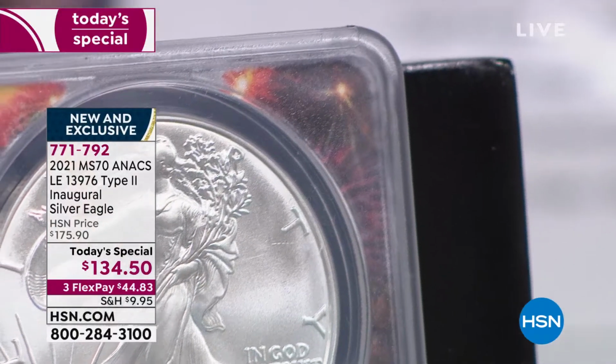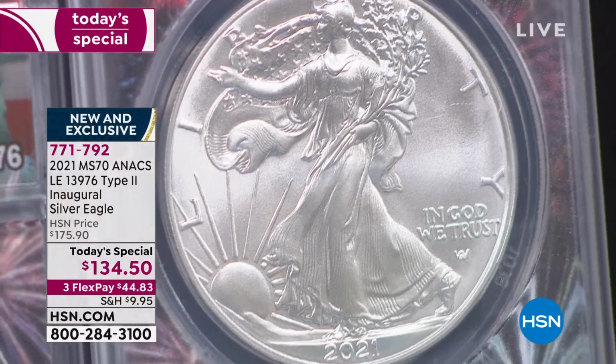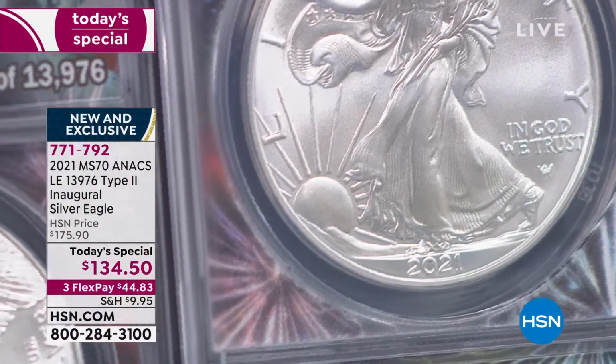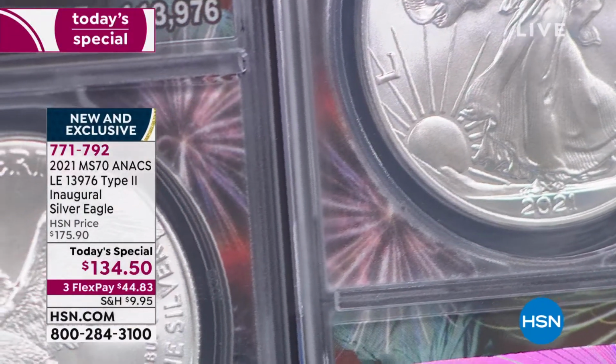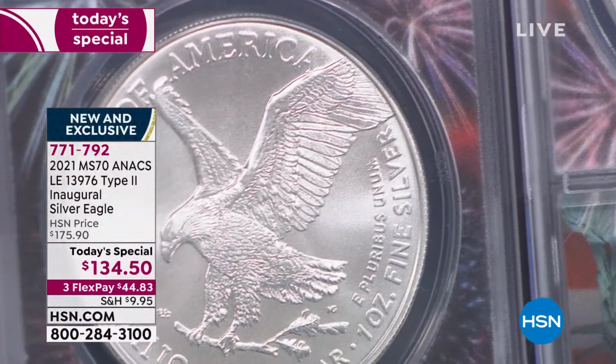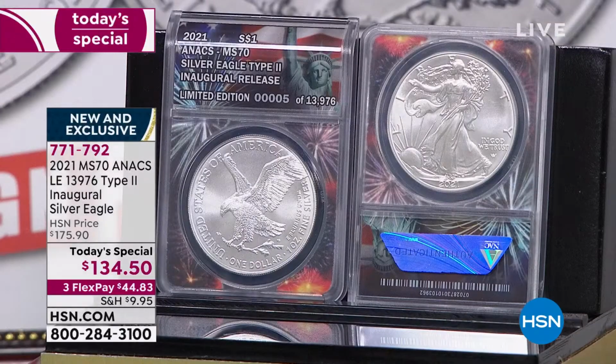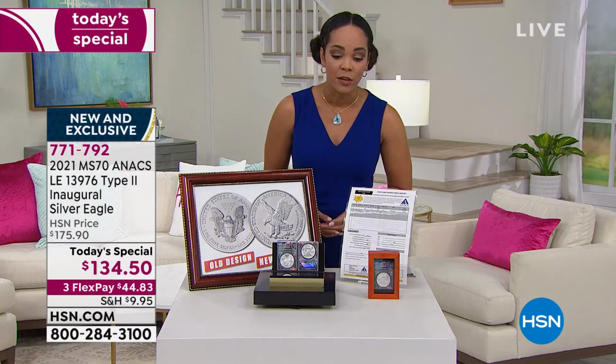So now you have the opportunity to get it right here, right now. You can own this coin. You can own it, and what's really great is that you can own it without paying the full price right now. Our today's special value is already incredible, right? That price will go back up to $175 tomorrow. What it won't include is the bonus that we've given to you. So calling out that Flex Pay, that's what I mean. $44 and some change is all you need to pay right now in order to get this inaugural Silver Eagle,